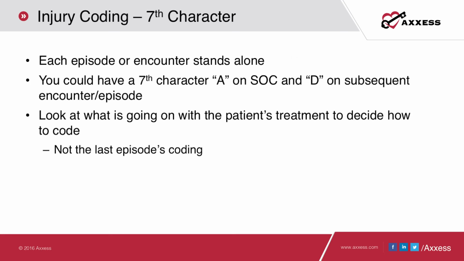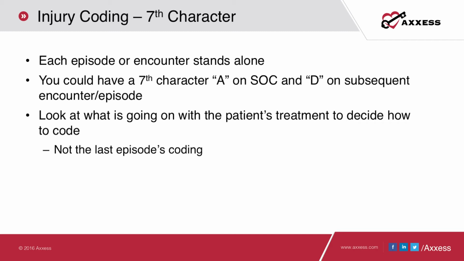position. When you're coding the seventh character, you need to keep in mind that each episode or each encounter stands alone. So you might have a seventh character A on a start of care and a D on a subsequent encounter or subsequent episode. For example, on admission, you may be doing IV therapy for that post-complication infection, whereas by recert time, you're no longer doing IV therapy and you're just monitoring that infection status. In that case, you would have an A at the start of care and a D on subsequent encounter at